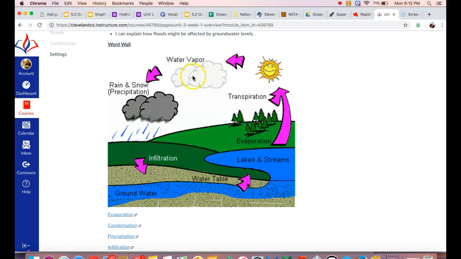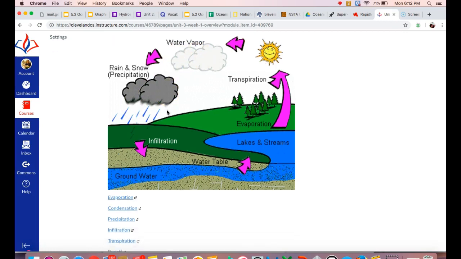Precipitation is going to be when you have rain, sleet, snow, or hail falling from the clouds, and that's going to be basically after you have condensation occur and you continually have a lot of that liquid water accumulating in the clouds. Infiltration is just water soaking down into the soil,